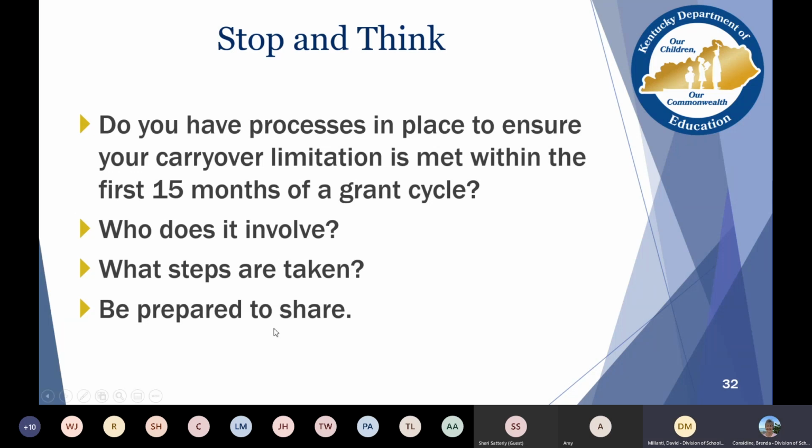Well, I think, Brenda, the key is communication with finance. They also need to be informed of what the requirement is and what the penalty is. So you might have a conversation with them, and they might be able to tell you if there's a protocol. I like that word protocol because it doesn't necessarily have to be a procedure in your procedure manual. They may be able to tell you what that protocol is, and then you could set up some ongoing conversation with them or revisit that during administrative meetings, just so you know you're continually keeping in touch and on top of that requirement.